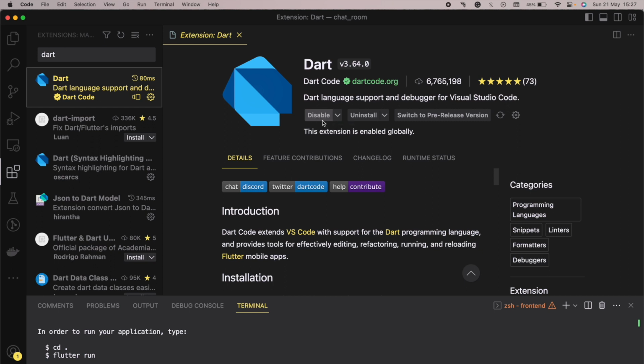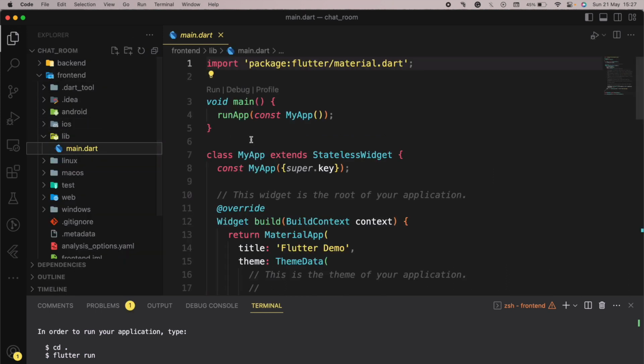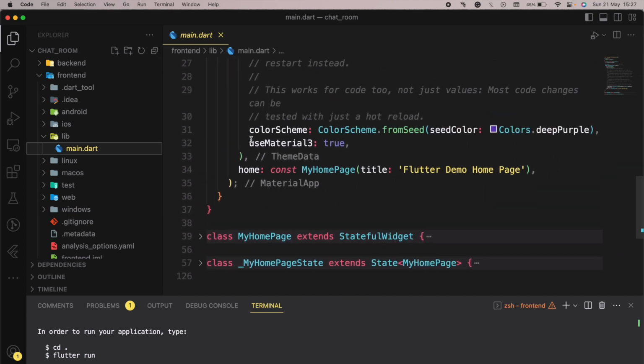Once it's all installed successfully, you might want to restart your VS Code. So I'd suggest you close it and then open it again, or you're going to see a reload button that you should click on somewhere here. If you've done that, then we're good and we can start writing our code. Head over to the main.dart file again, and then you're going to see that we have some code here written already for us.